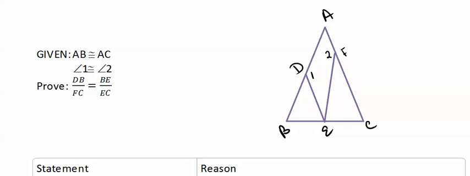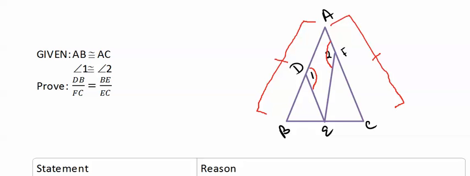In the next example, we're given that side AB is congruent to side AC, and that angle 1 is congruent to angle 2. We're trying to get to the point where we establish that line segment DB over FC is equal to BE over EC. Now, if we notice DB, and that correspondence with BE and FC and EC,